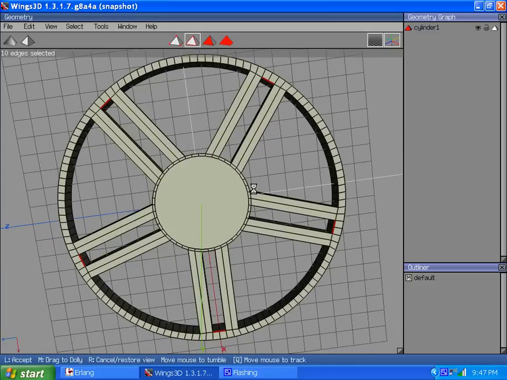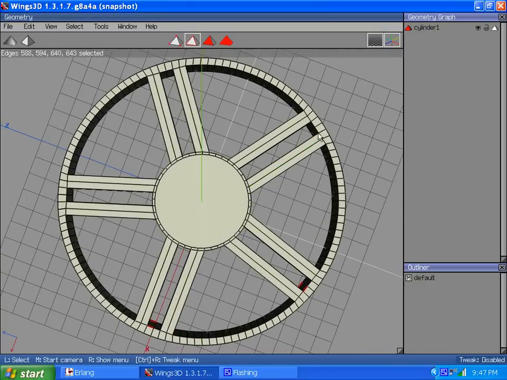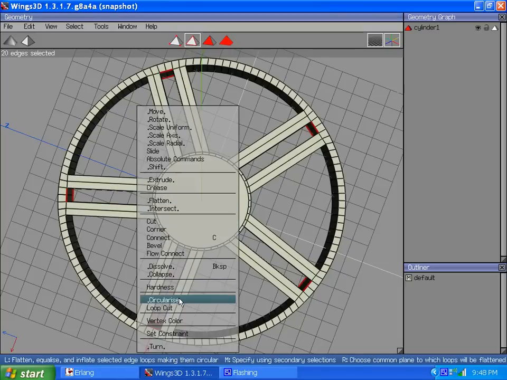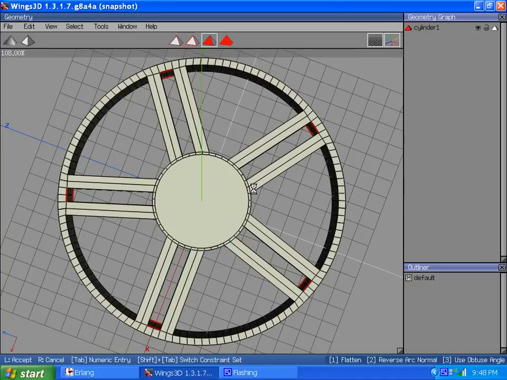L. Oh, I know I gotta do both ends, huh? And L. I should be able to circularize these the same way. I noticed they didn't seem like they moved much. I don't know if they moved enough, so I'm going to try something else. I'm going to go to vertex mode,